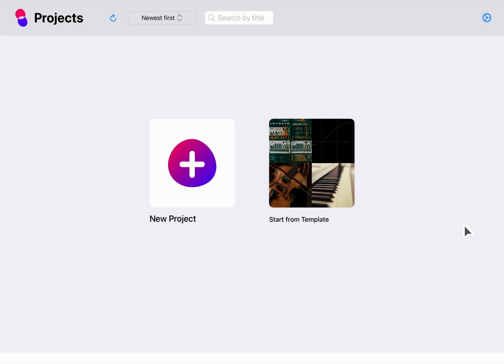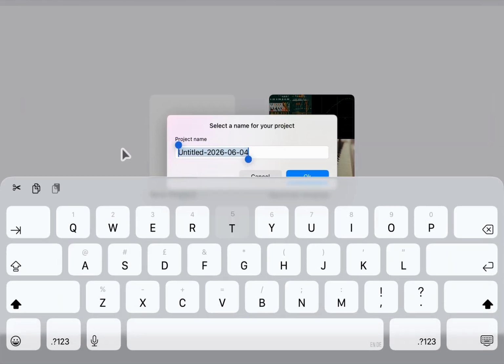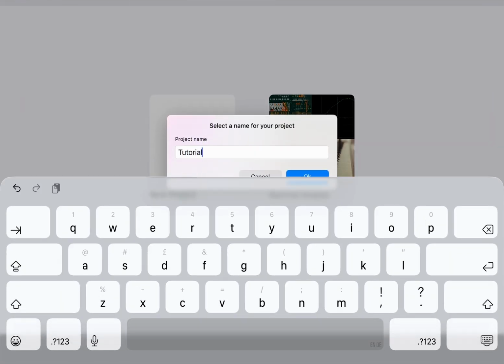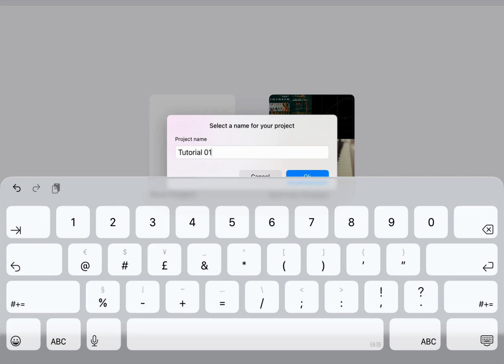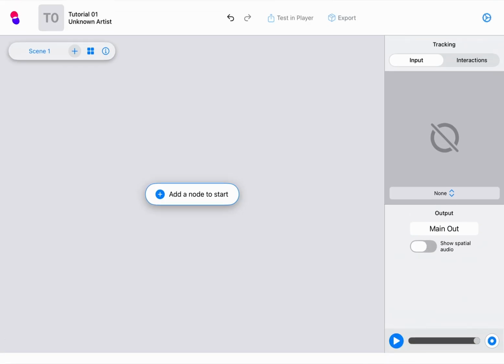But I want to start a completely new project, so I'd click here. I'm prompted to enter a name, so let's just call this tutorial 1. And now I'm in the interface for creating my composition. Here on this canvas we will arrange our sounds, and I will add a sound now just by clicking here,